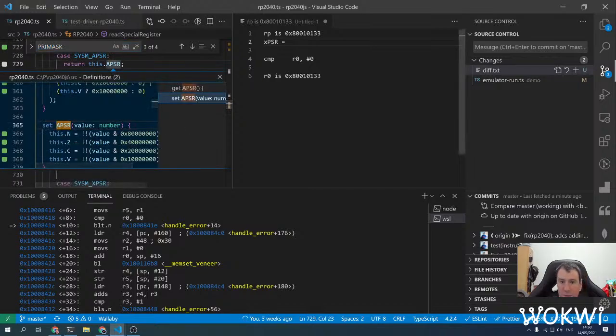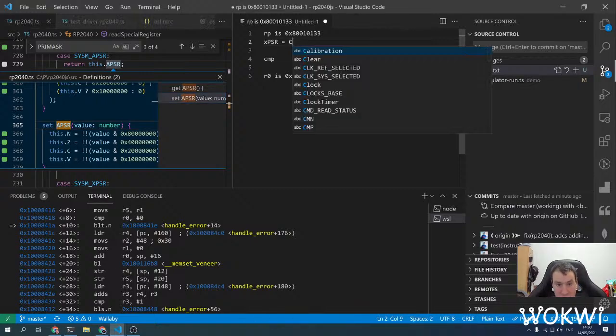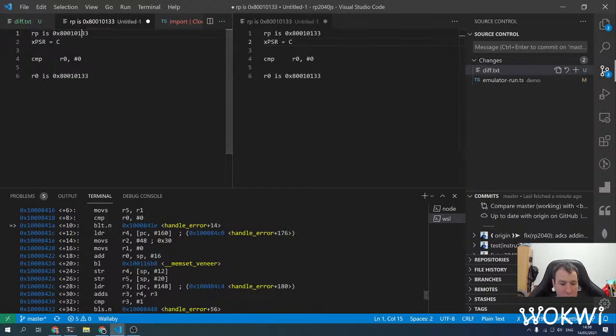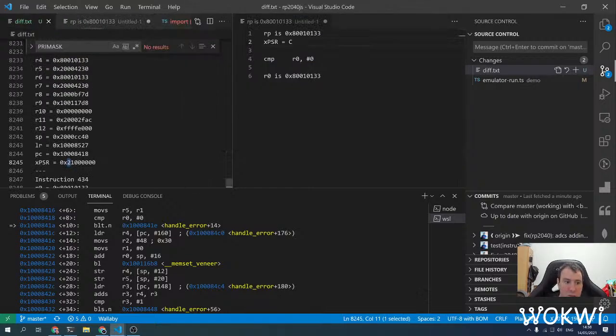No, it's carry. We had a carry flag. Maybe that's one of the reasons we had this strange disparity. Okay, so before this we had carry, and then after this we have like